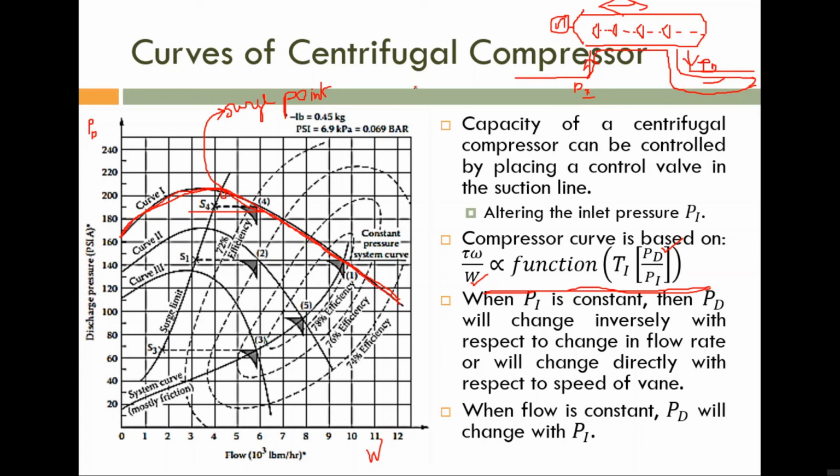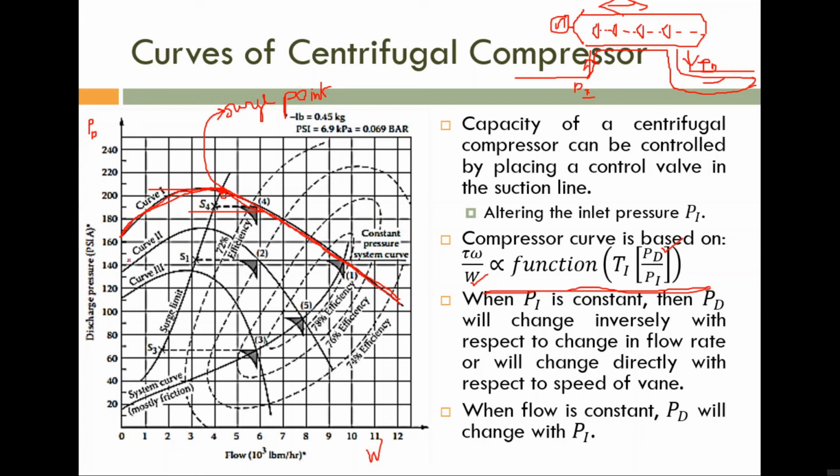So please note, if you are taking the first curve, this is the maximum flow, the maximum means the peak of this curve. Up to this peak the slope is positive, from this point the slope is negative. The point from which the slope is negative is known as the stable region or the surge region, and that corresponding point is known as the surge point. Okay, so please note this is a surge point.